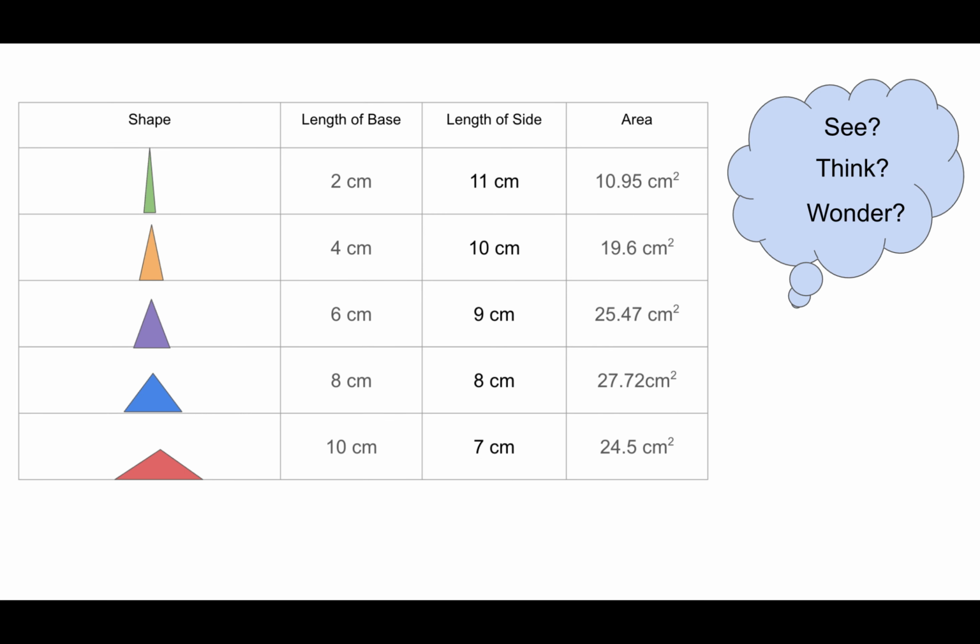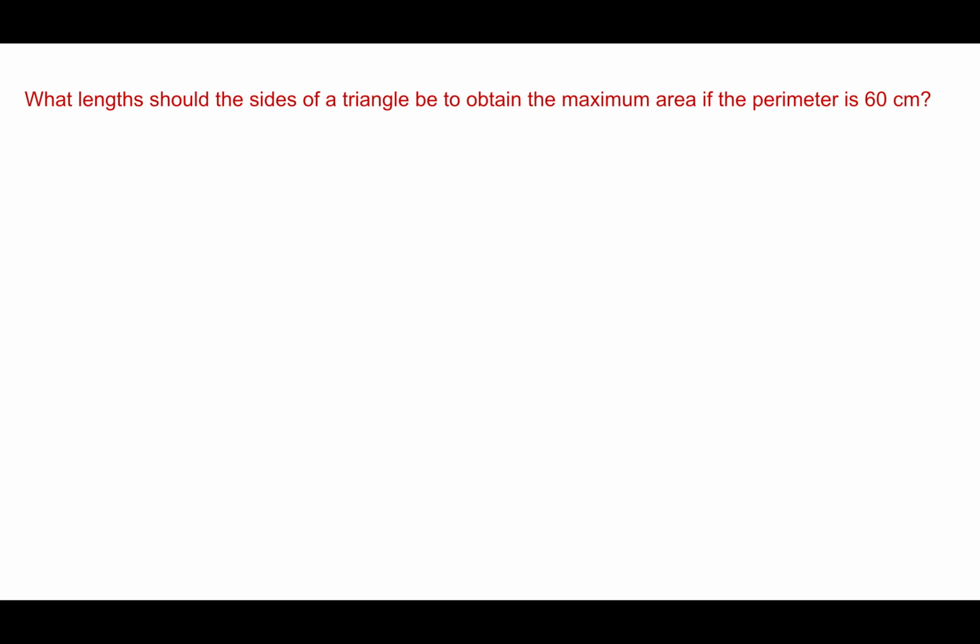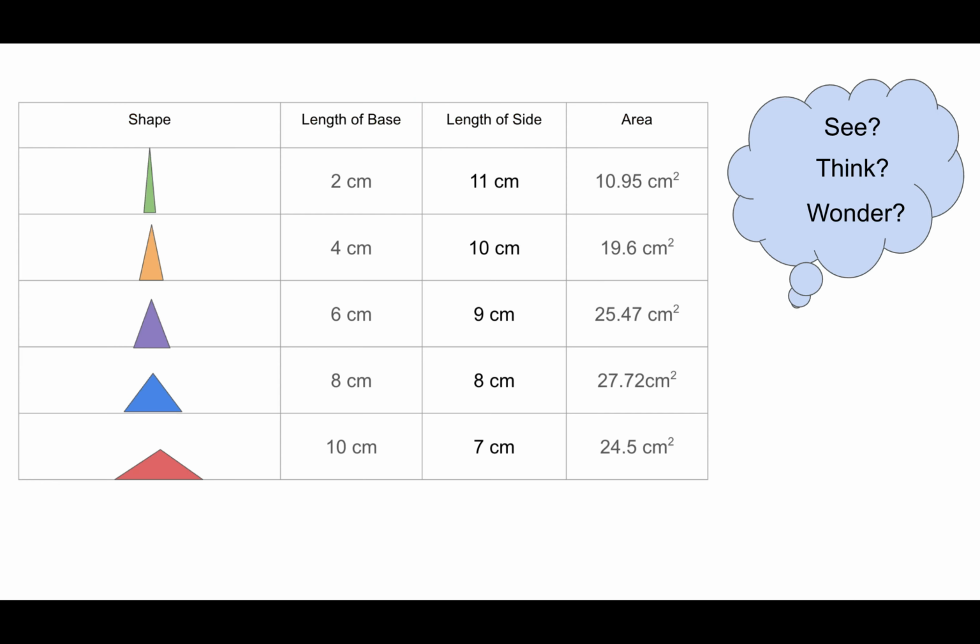All right, so again, looking at this table, now what do you see, think, and wonder? And you can compare that to what you were seeing and thinking and wondering about the table with the rectangles as well. Again, feel free to pause. So what length should the sides of a triangle be to obtain the maximum area if the perimeter is 60 centimeters? Well, looking back at this, I noticed here that the biggest area was